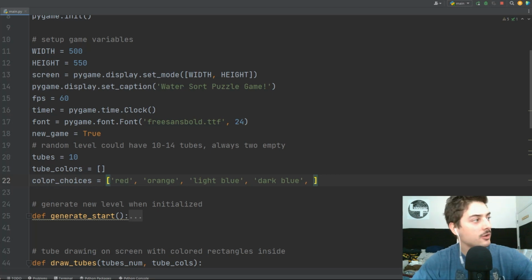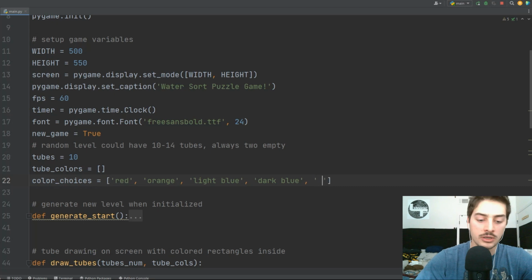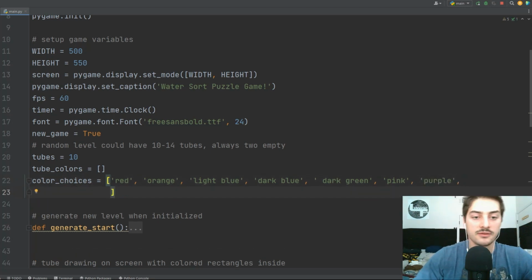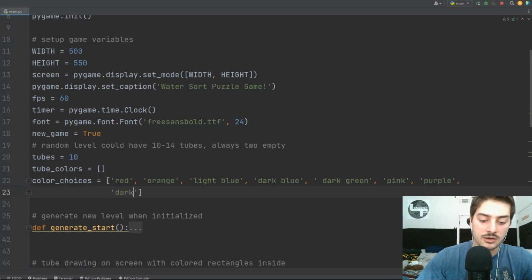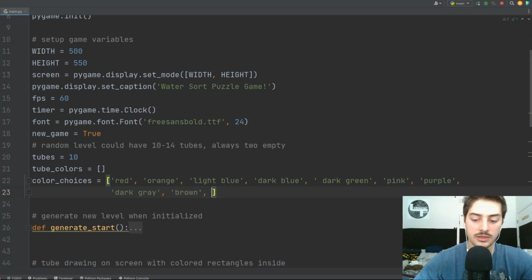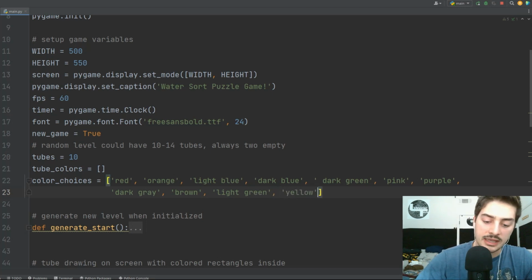All right, so we'll do red, orange, light blue, dark green, which looks really cool. Pink is nice, purple, and let's go to a second line so you guys can see all of them. Then we'll do a dark gray. Since we're on a black background, that should still show up okay. And then we'll do a brown, and then we'll do a light green,